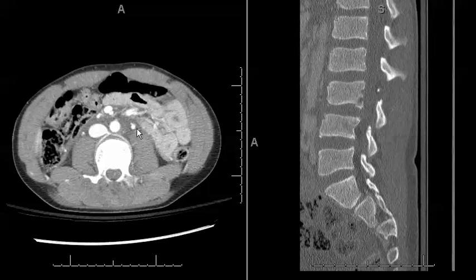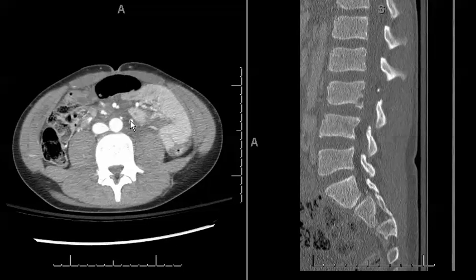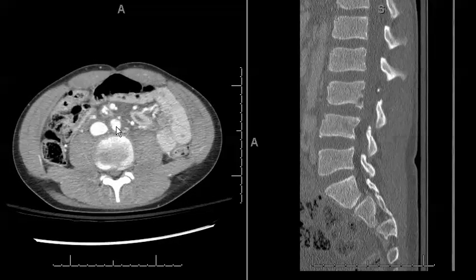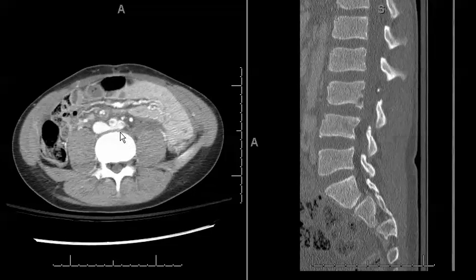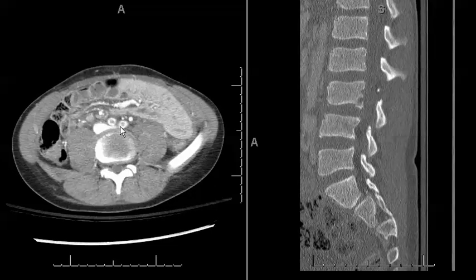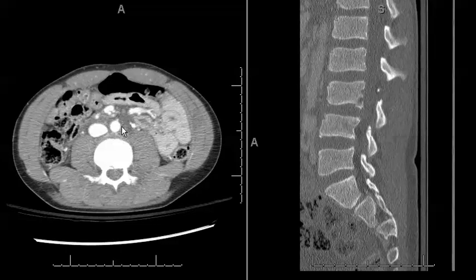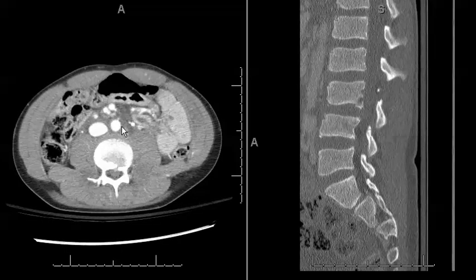The other interesting part about this case is as we scroll more inferiorly to the level of the chance fracture, there is a subtle intimal flap here within the descending or the most inferior aspect of the abdominal aorta, consistent with a dissection. This dissection was felt to be a result of the chance fracture. There is also thrombosis of both common iliac arteries at this level as well. This was also proven with a subsequent CTA examination that demonstrated the dissection and the thrombosis of the common iliac